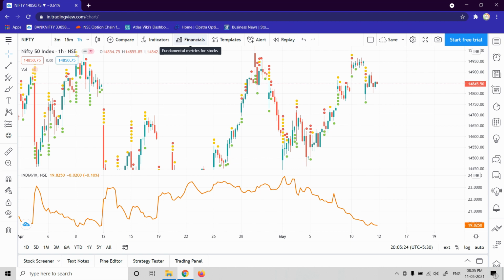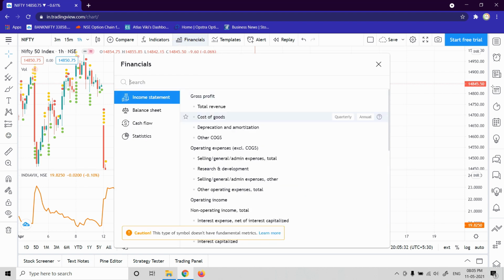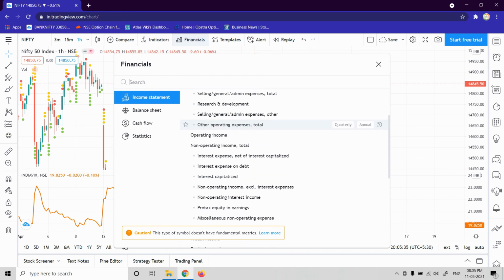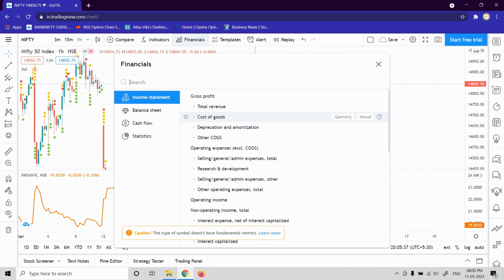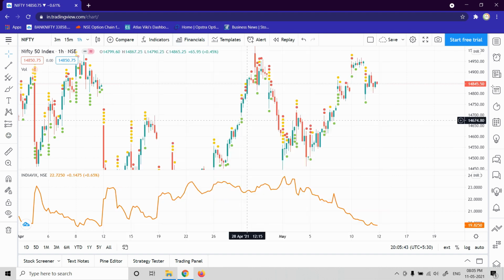But you don't have to go to those places, because TradingView provides it right in the right place. You just have to click on this financials and you have all the information right in here. So you don't have to go to screener.com every time to understand the fundamentals of the symbol. You can directly do it with financials here.